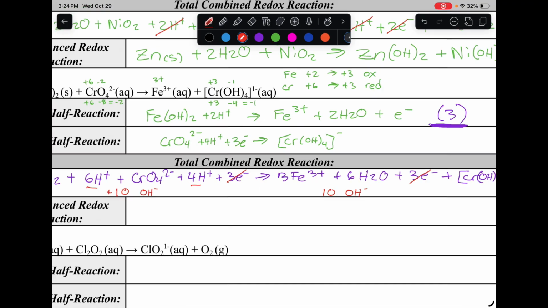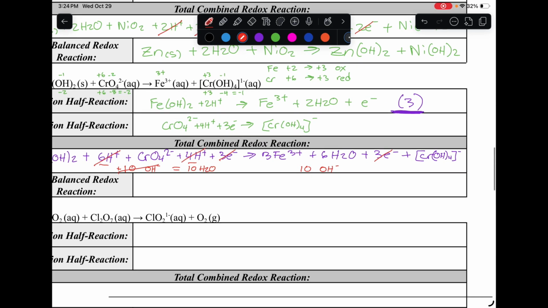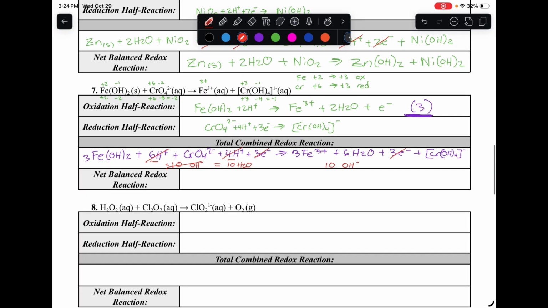You have 10 hydroxides. So then you can see that all of this cancels and turns into, I'll say, equals 10 water molecules. And nothing on the product side cancels beyond that. So to write out the full net balanced reaction, we have 3 Fe(OH)2. Somewhere in there, just put in your 10 water molecules. Oops, 10. And CrO4 2-. And then the product side, we have 3